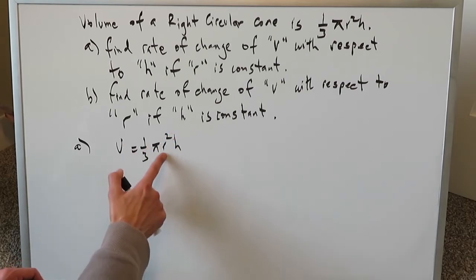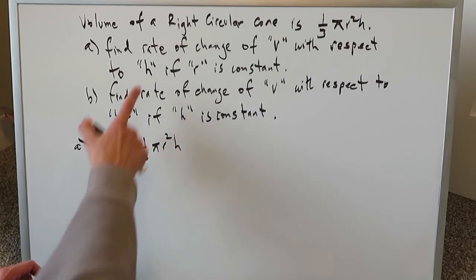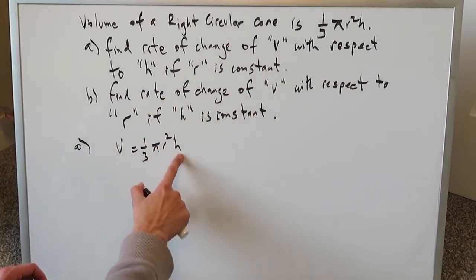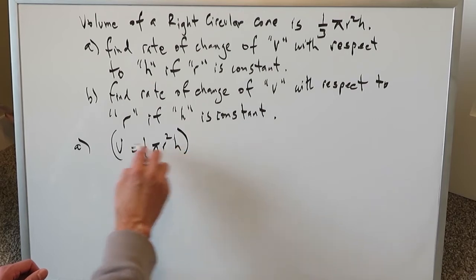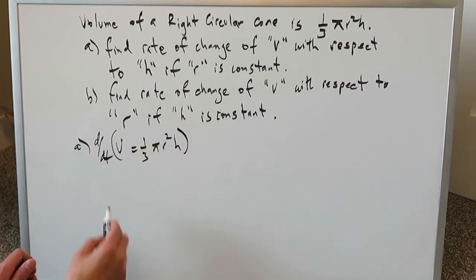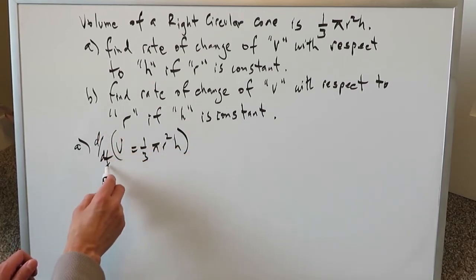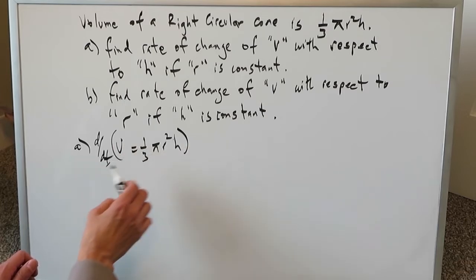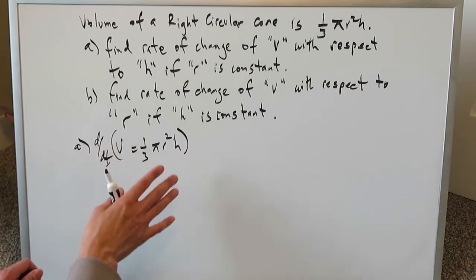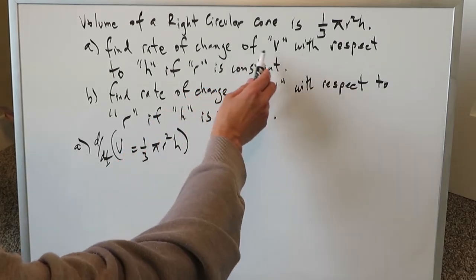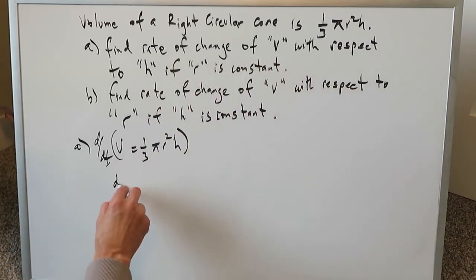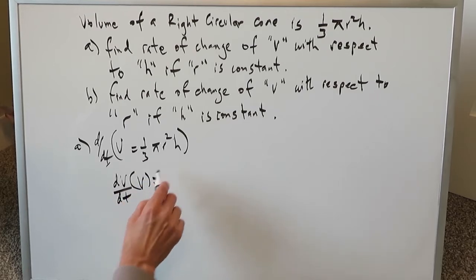And in each instance you're either changing the radius or the height. In this first instance over here, we're changing the height but we're keeping the radius constant. If you're trying to do a rate of change of all of this, how will we do it? This is derivative with respect to time, d over dt. Volume, you can use whatever designation, but as I open this up I'll use a proper designation and you'll see it. We're trying to find the rate of change of volume. So what we will do is dV, change in volume over change in time for that volume, is equal to,